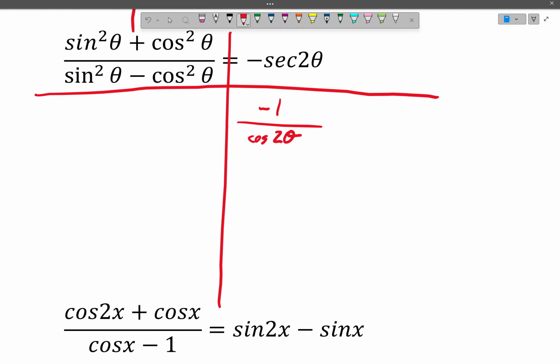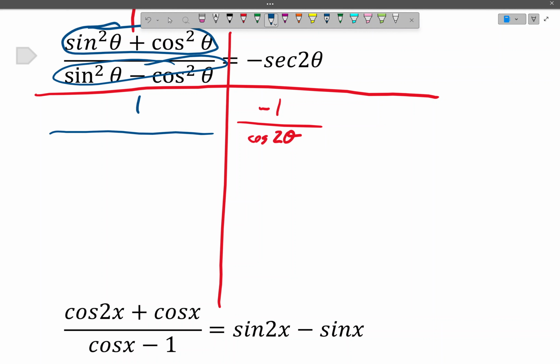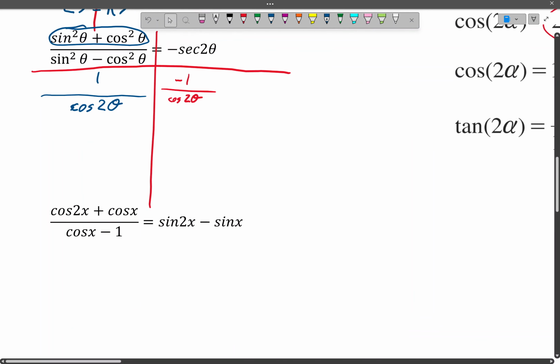Even though this has the double angle, I'm not sure which version it's going to be. But on the left side, I can see, actually, you know what? I can see a pattern already. This part here can change into, this is just a Pythagorean identity. It's going to be 1 over, and then the bottom is going to be the cos 2 theta. So you know what? We're not even going to do that. We're going to do it on the left side. So this is cos 2 theta. And this is, again, the identity